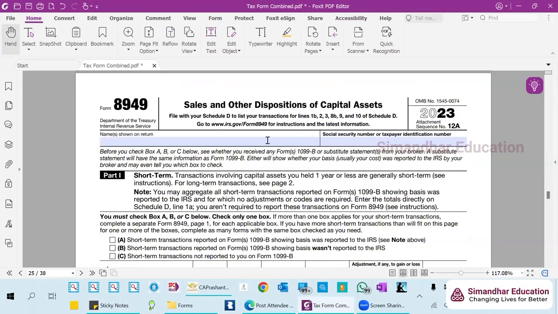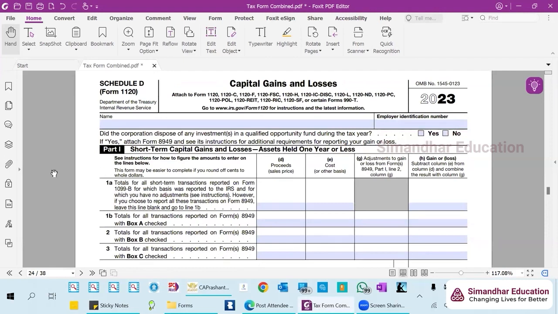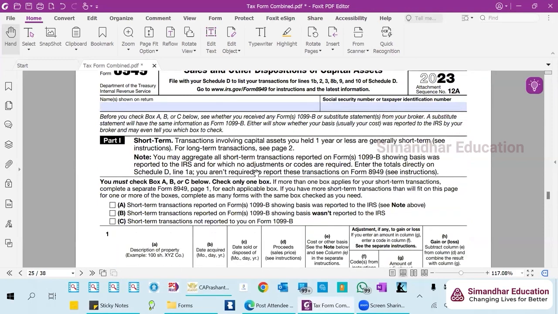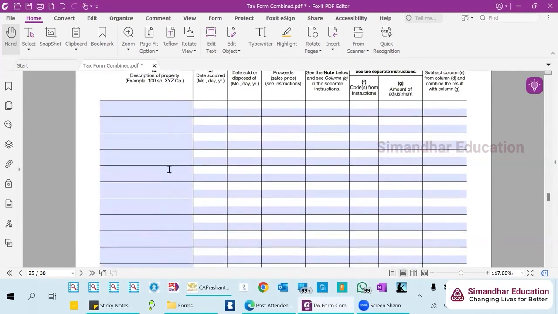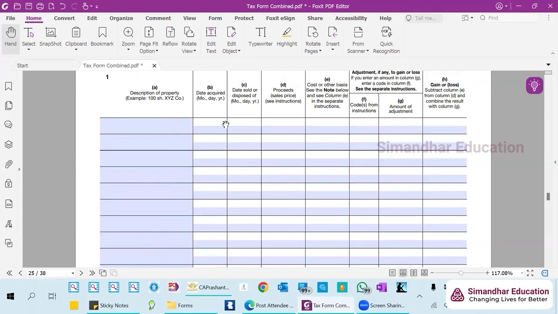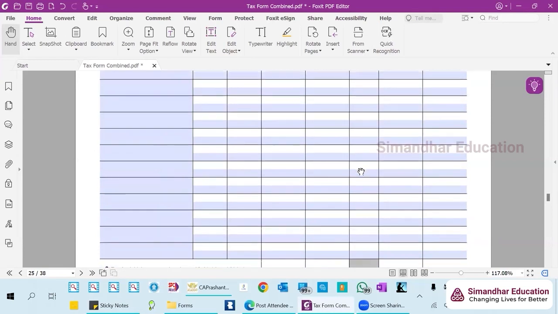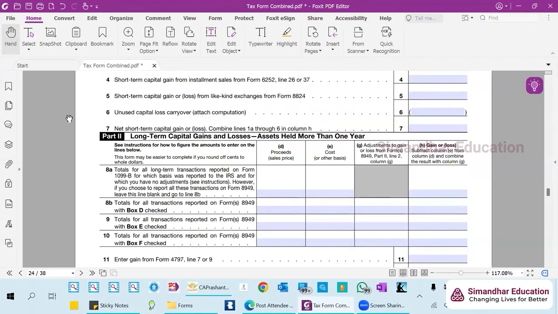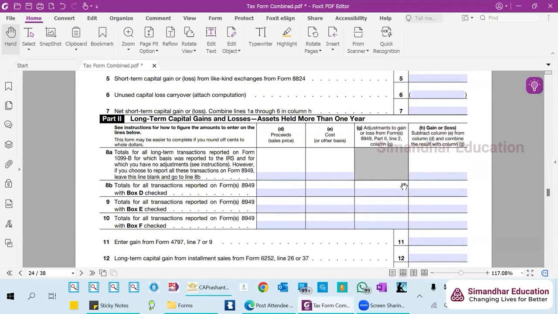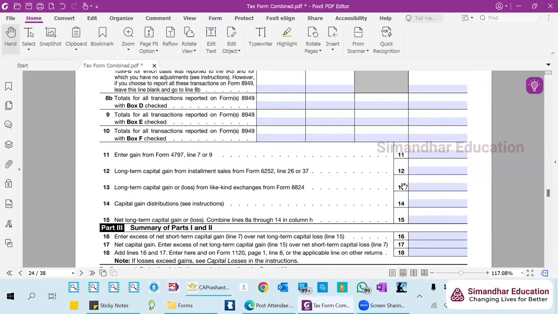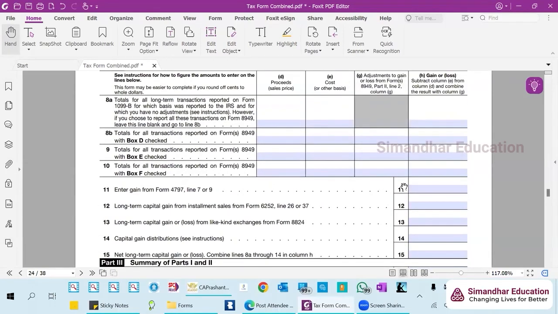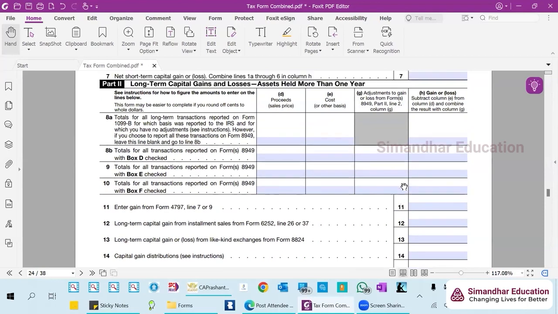Now you see capital gains and losses. So you see the difference. I'll show you the difference between 8949 and Schedule D. Now 8949 has the detail: what is the description of the property, when was it acquired, when was it disposed, sale price, all of that stuff. If you go to Schedule D, it just has what's my proceeds, what's my cost, what's my gain or loss. So basically anything which is on 8949 goes onto my Schedule D. Sorry, 8949 has the detail and Schedule D the summary.